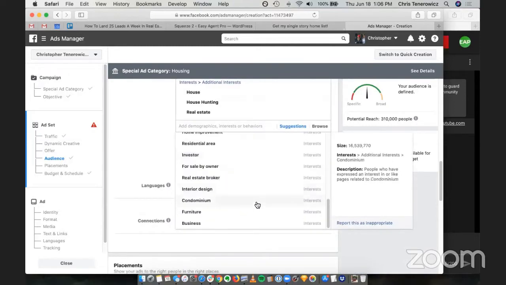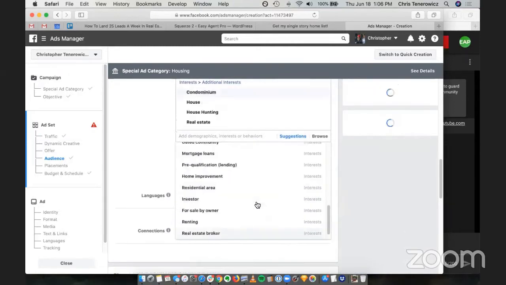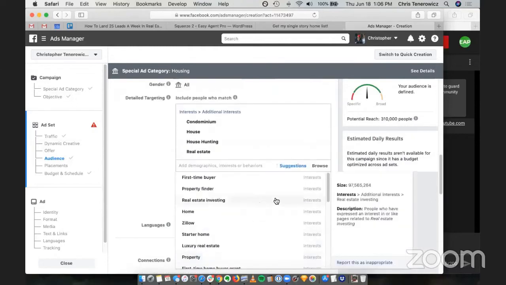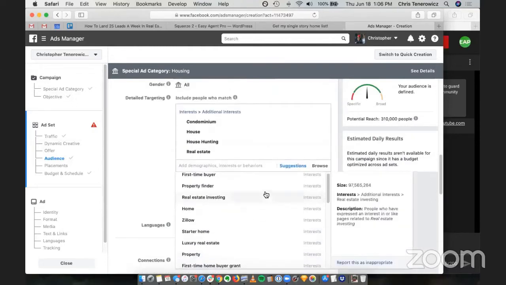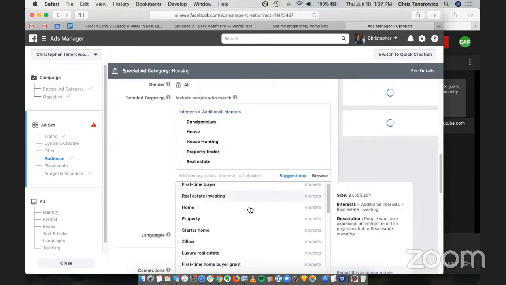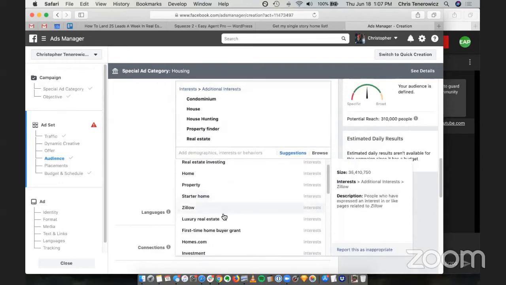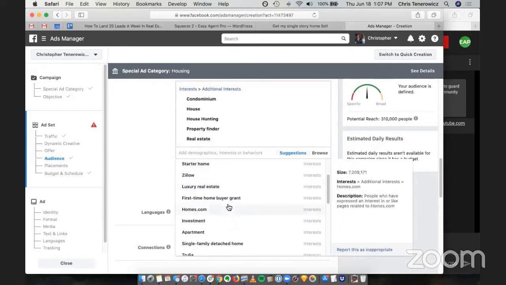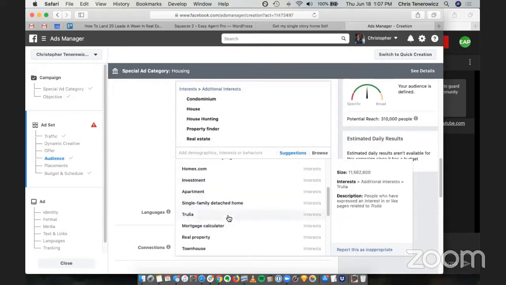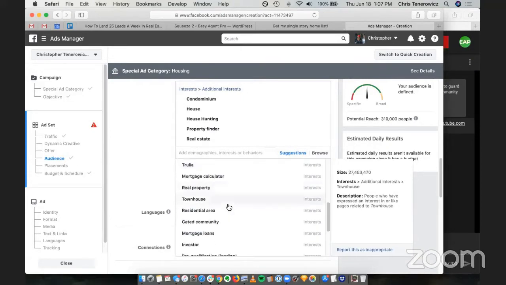Oh, condominium might be a good one actually. And then we are looking at property finder. Let's throw in investment, single family detached homes. We're not really looking for those though. Townhouse, residential area.